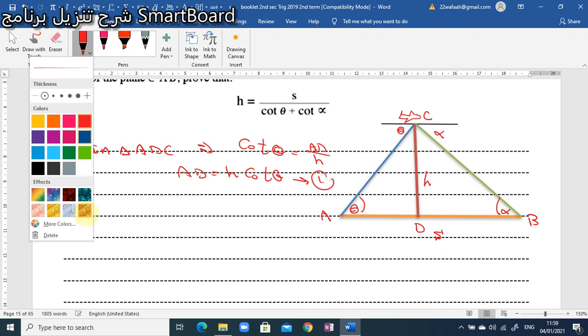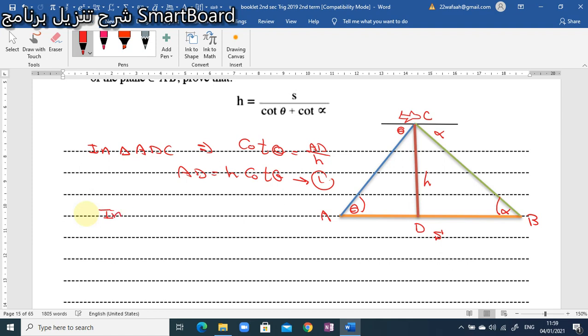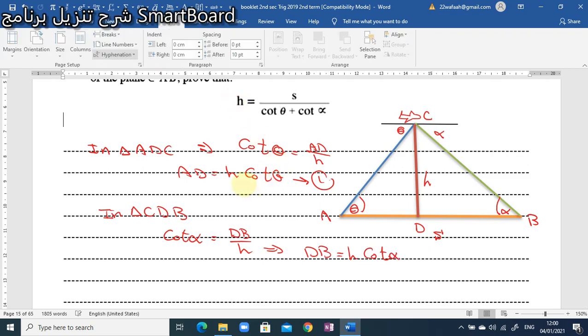The second triangle, in triangle CDB, cotan alpha equal adjacent DB over opposite H. So DB equal H cotan alpha. This is number two. By adding 1 and 2,